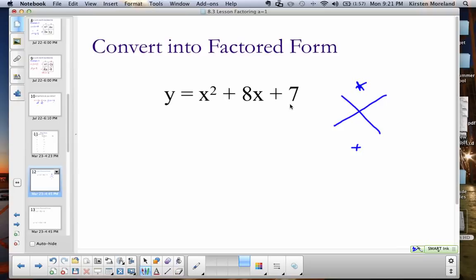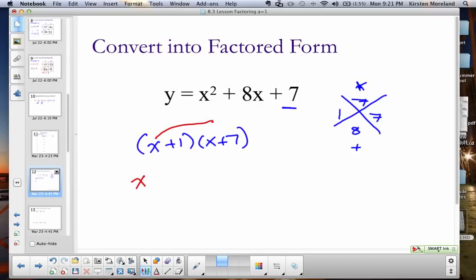Alright, so I want to multiply to 7. That's my last number. And want to add to 8. So I'm looking for factors of 7 that add to 8. The only factors of 7 are 1 and 7. So my factored form is going to be x plus 1, x plus 7, and the nice thing is you can check this just by doing your box or doing the